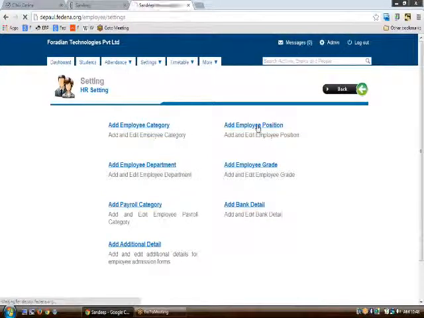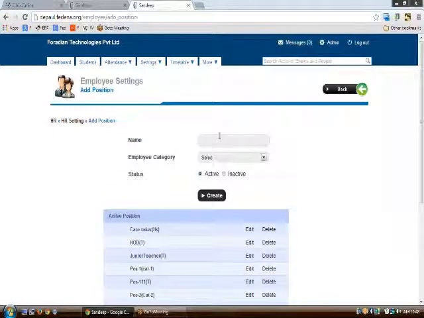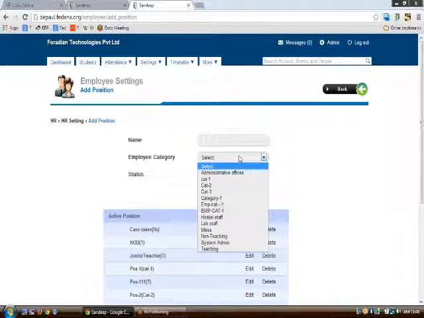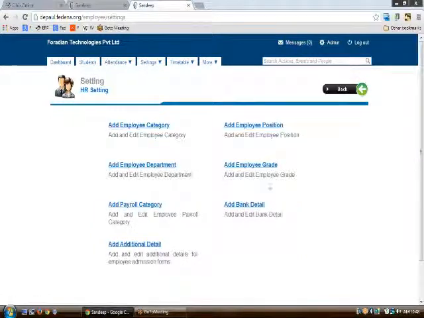Now comes the employee position, where you need to enter some positions here and list which category it belongs to, followed by entering the grades and the departments.